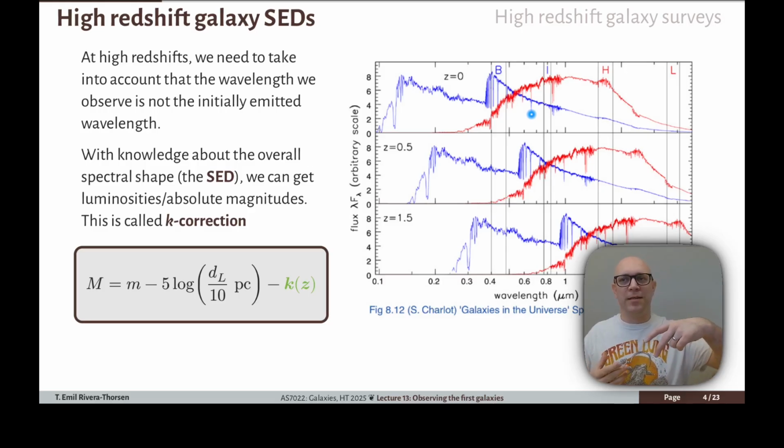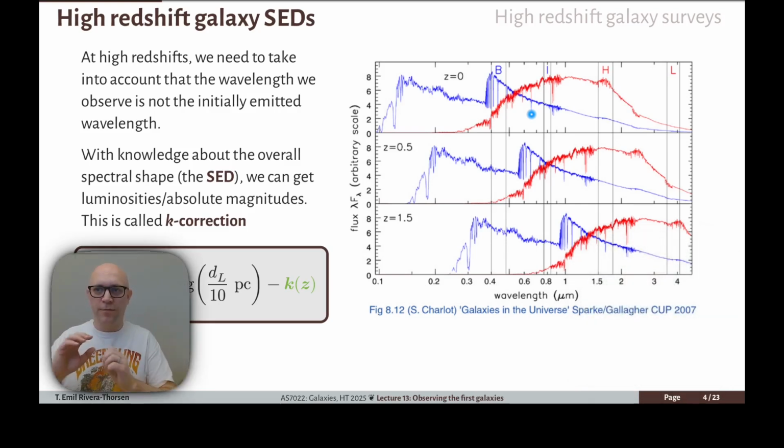There's also the fact that the filters have different, sorry, you cannot see this. The filters have different throughputs. They're not just starting at one wavelength and then letting all the light through and then cutting off at a different wavelength, right? It has some kind of shape that lets some wavelengths in more easily than others, and we need to